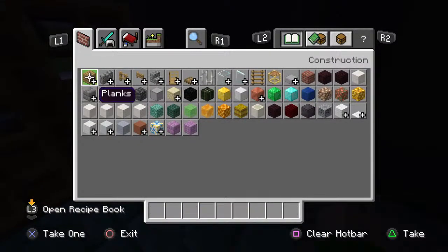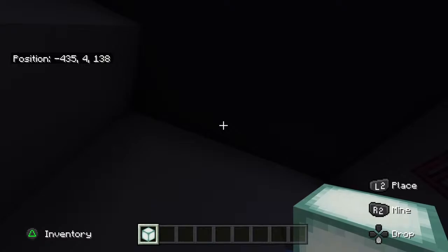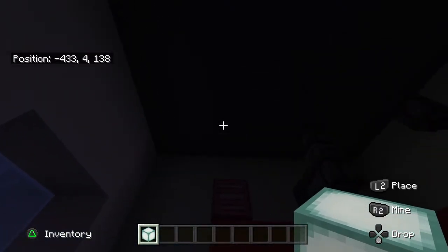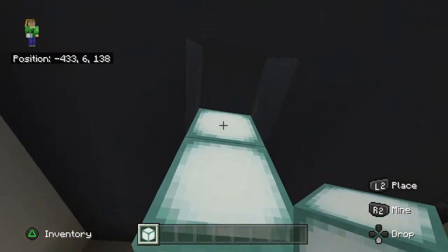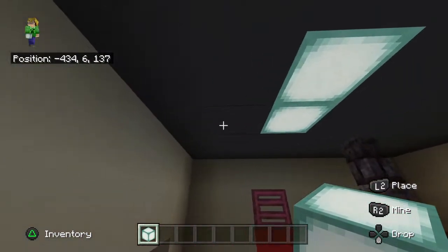We're going to need the sea lanterns. Sea lanterns are to be placed in the ceiling. Where's a good place for them? The middle of the ceiling. Let's just get one placed. In the middle of the ceiling, we can have three blocks on the left and three blocks on the right with two sea lanterns right in the middle. There's two blocks behind and a row of four in front, so that means the dead center of the ceiling would be here. However, I'm thinking...